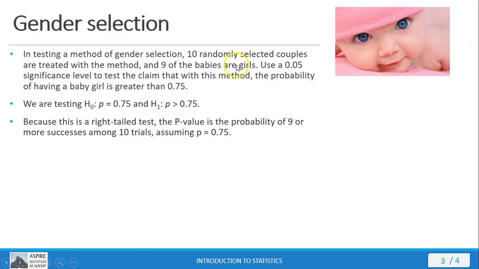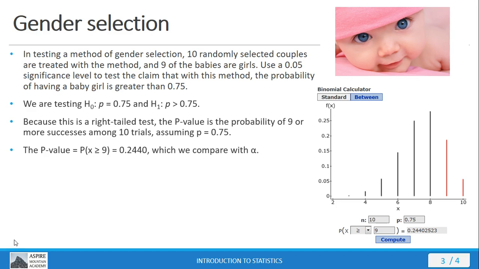Because we've got 9 of the babies that are girls, and we've got 10 total, 9 out of 10 trials were actually successful. And it's going to be 'or more' because we've got that right-tailed test that was indicated in our alternative hypothesis. We're just going to take 75% as the actual probability of success, because that's the claimed value itself. So with that in mind, we can go into StatCrunch, get our binomial calculator out, put in the